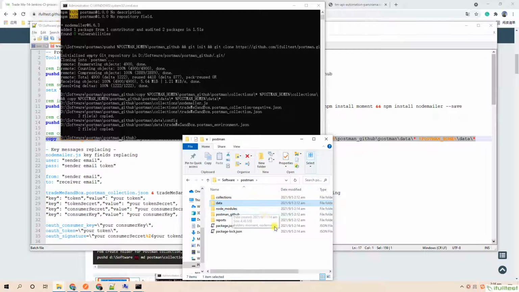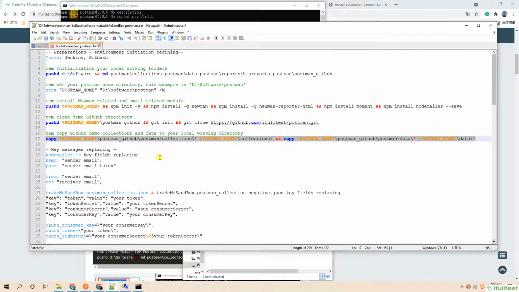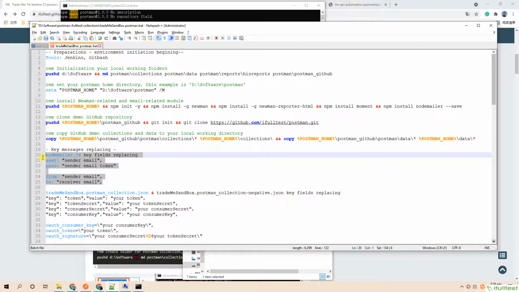Finally, we need to replace some key messages with your own information, such as our nodemailer.js. We need to replace this information with your own info.